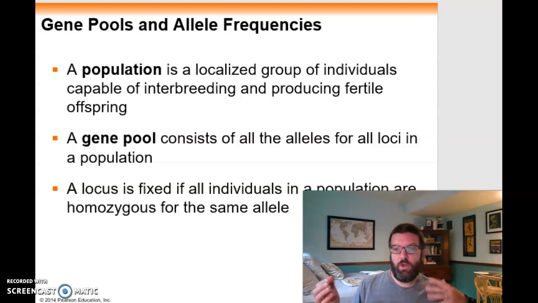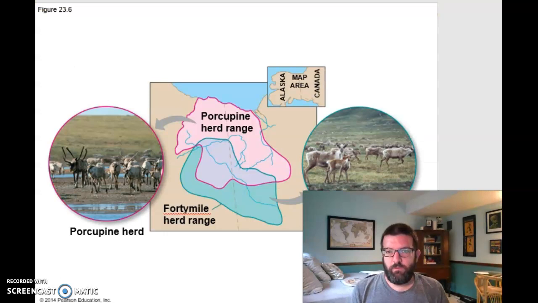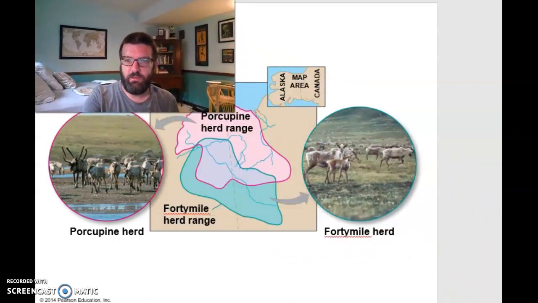We can talk about, for any particular gene, an individual only has 2 alleles, right? But the population may have lots of alleles. And because theoretically any individual could reproduce with any other individual, we can talk about the pool of genes in a particular population. For example, okay, these are 2 different, let me get this out of the way here,